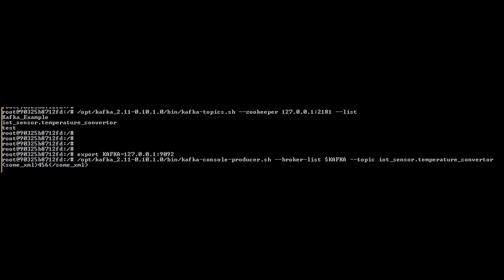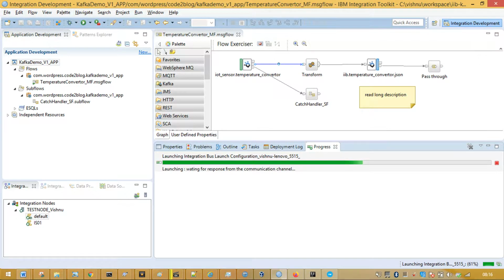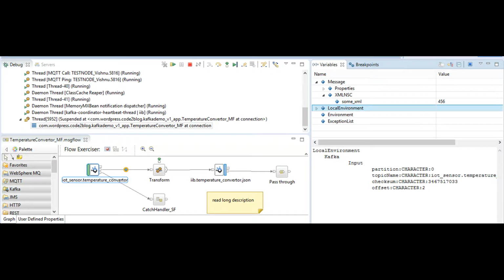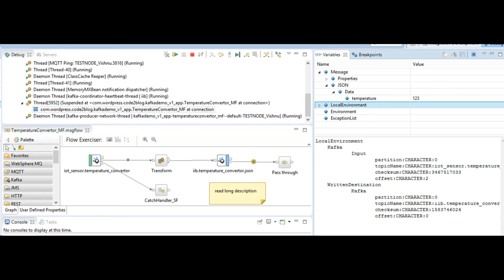for IIB to consume. Switch on debugger and apply breakpoint to look at the messages that are consumed by IIB. Then deploy your application to integration server. We have consumed one message from Kafka topic. Next, we publish one message to Kafka topic. With this, we have tested that our connection from IIB to Kafka is set up properly. We also tested that data flows from IIB to Kafka and vice versa using producer and consumer nodes.